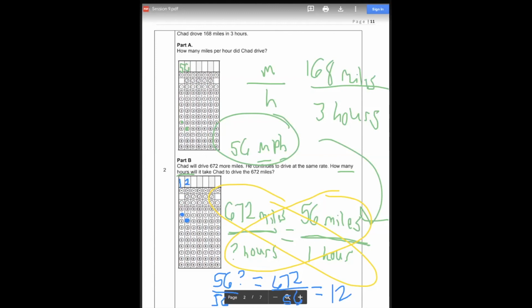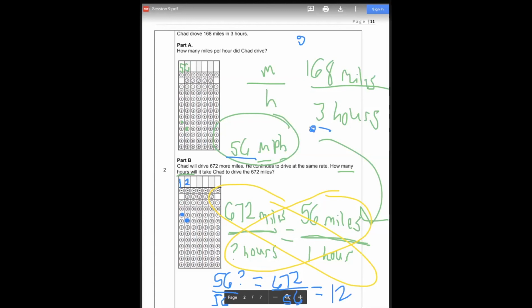Yeah, that's how I got 12, and you could also just do, because we got 56 over here, instead of just doing the proportion, because the relationship still works. We're just doing it in a different way. If we divide 672 by 56, we get 12 right away. So you can do it this way and just remember that this is 3 times, because it's 3 hours,